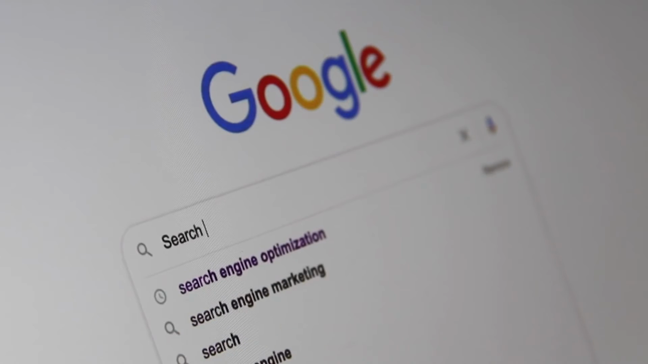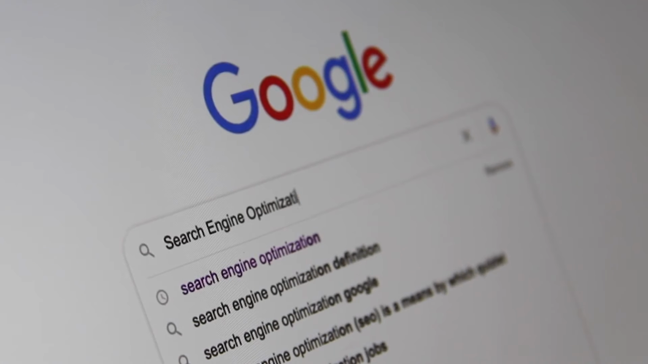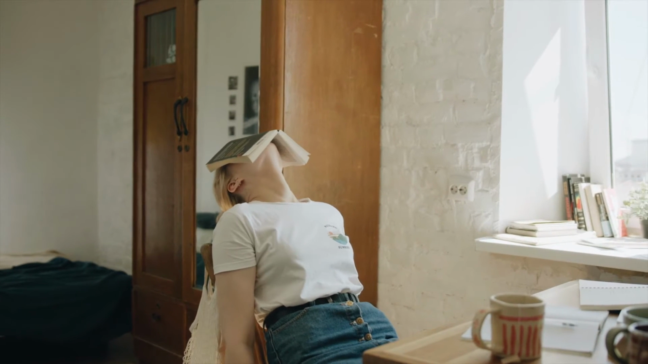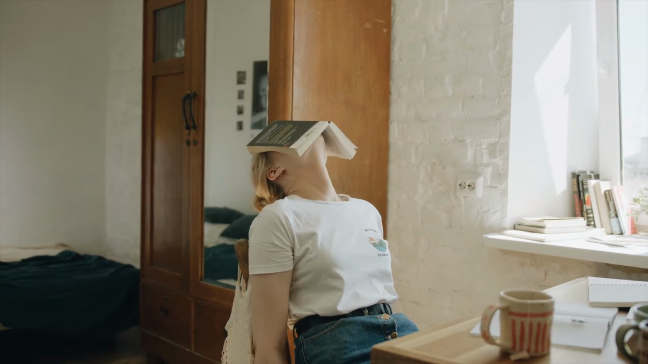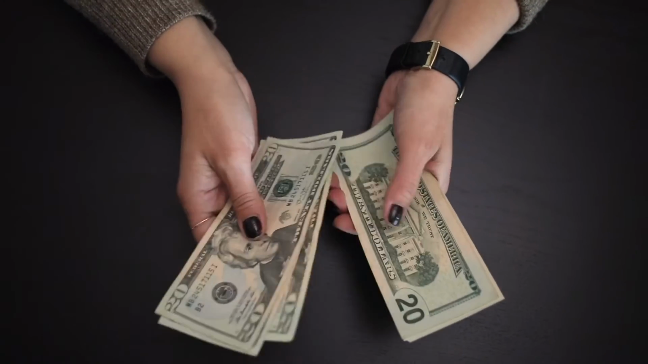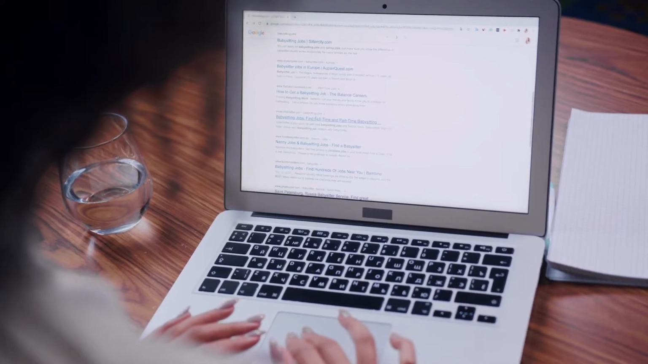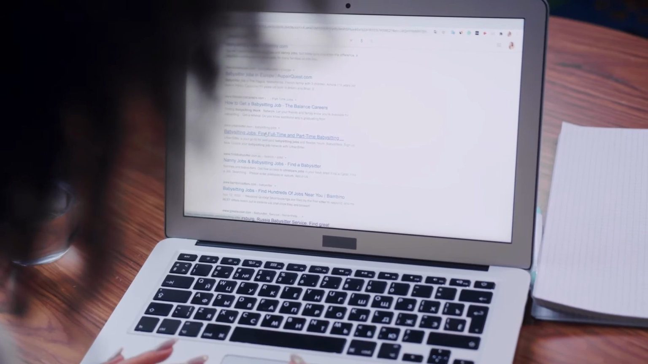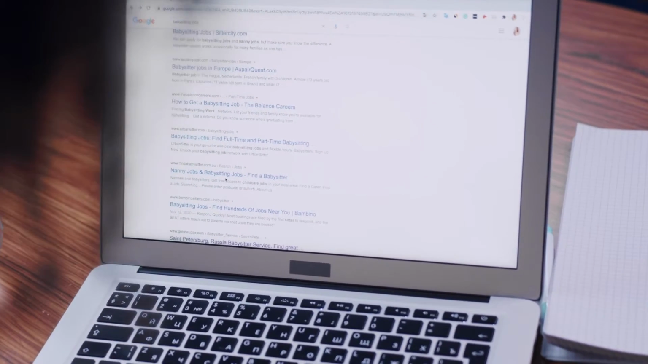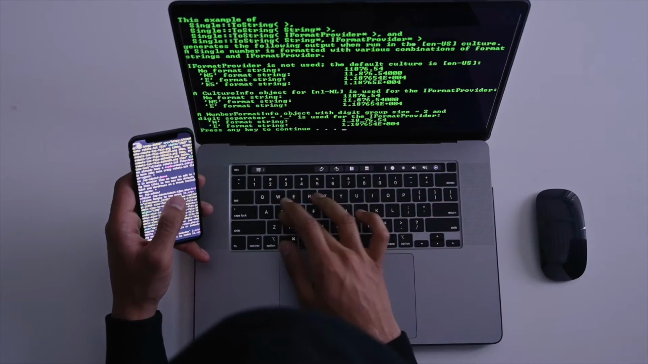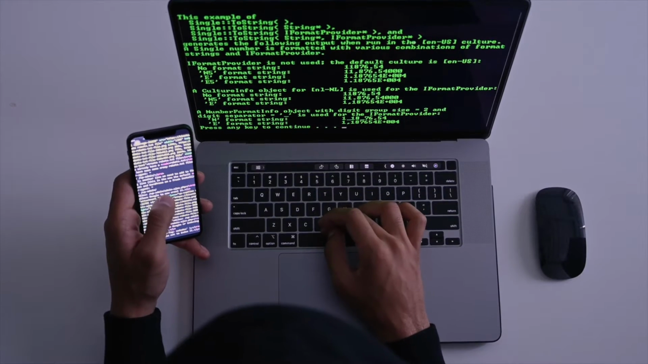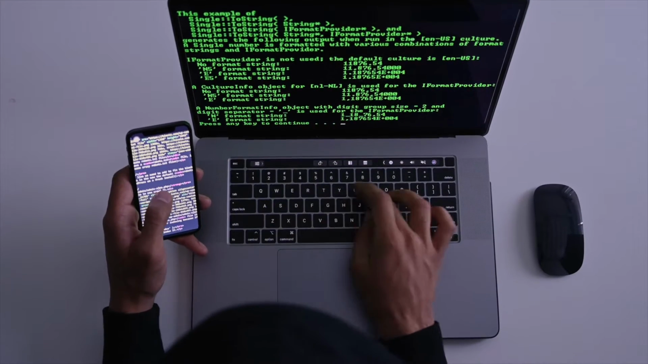In today's video, we'll be diving into the world of search engine optimization. Are you struggling to improve your website's search engine rankings despite investing time and effort into your online presence? If so, you might be overlooking a crucial aspect of search engine optimization, on-page SEO. This video will provide you with the knowledge and tools you need to elevate your site's performance in search results